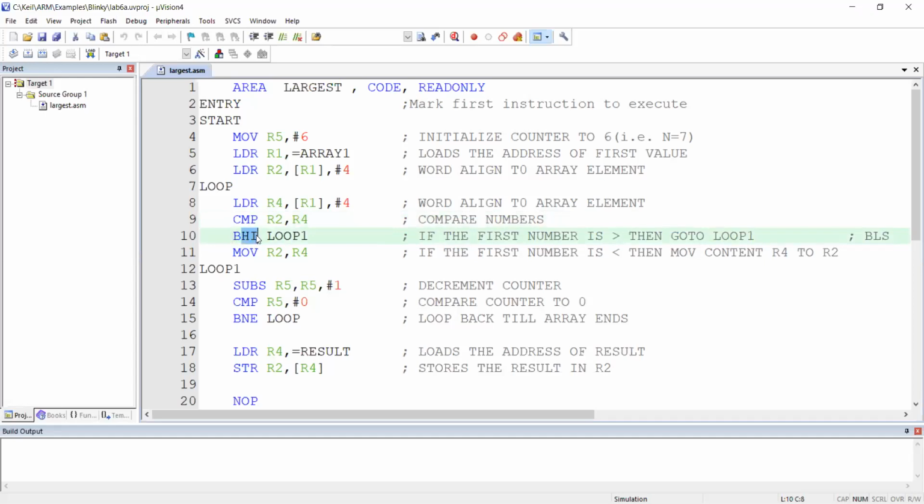Branch if higher. Who should be the higher? The first number should be the higher. What is the first number? R2 is the first number. If the first number is higher than R4, that's the second number, go to loop 1. Don't execute the 11th line, execute the 12th line because it's loop 1.